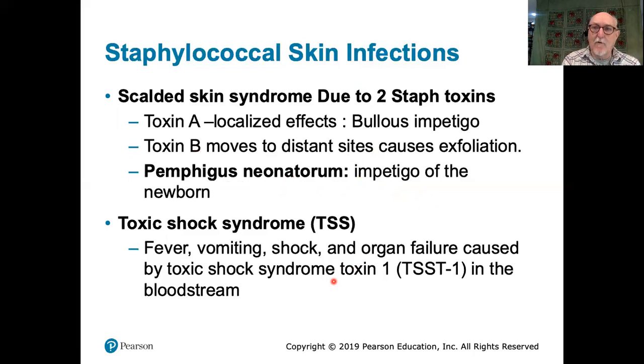Certain Staph aureus strains can produce a specific toxin called toxic shock syndrome toxin. And it's actually highly soluble and if it gains entrance to the bloodstream, it causes typical toxic shock, that is a crash in blood pressure,